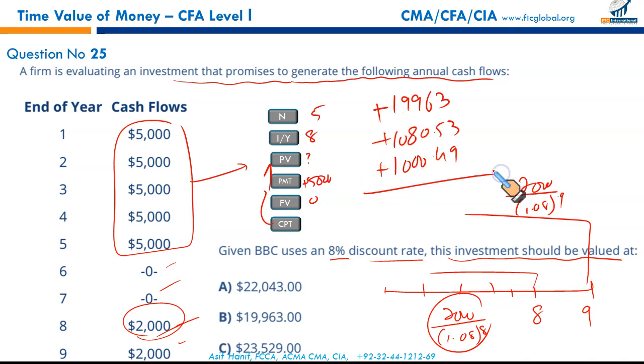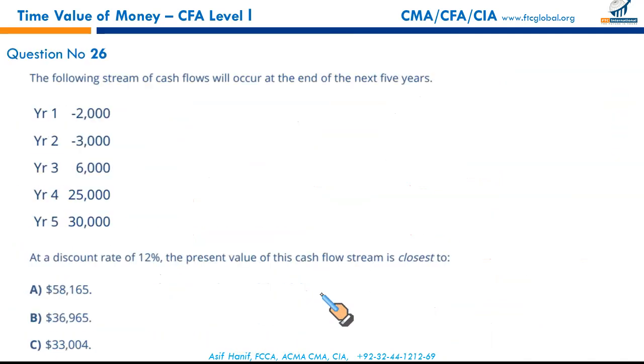So bringing all these future cash flows in the present term, 19963 plus 1080.53 and 1000.49 gives you a total of 22,044.02. Marginal difference of rounding off, so that makes A to be the correct option. A it is. Next,